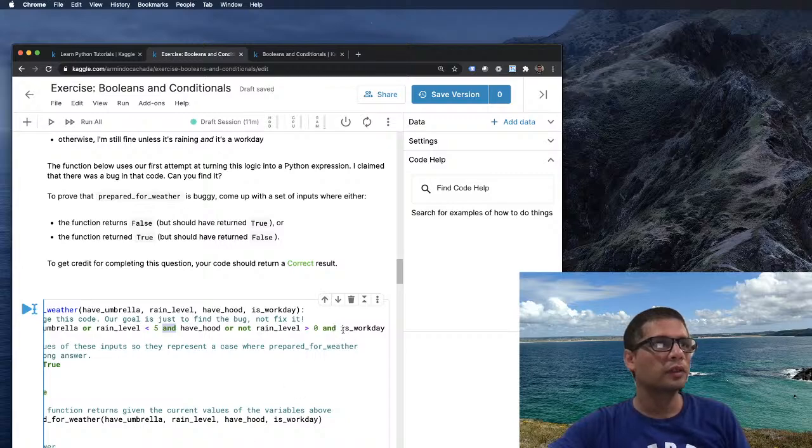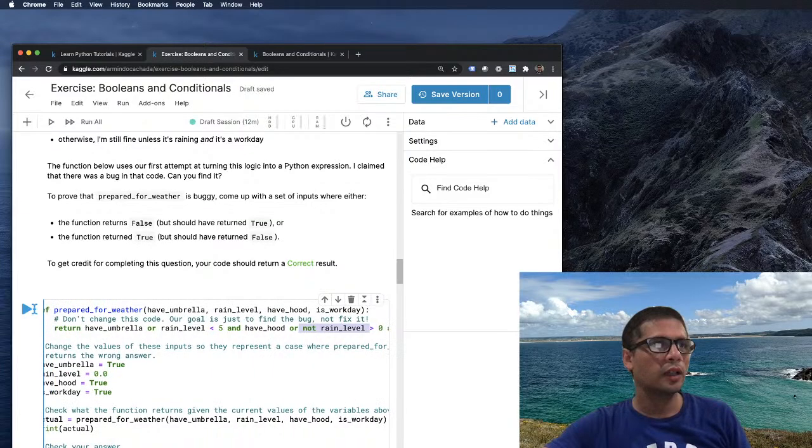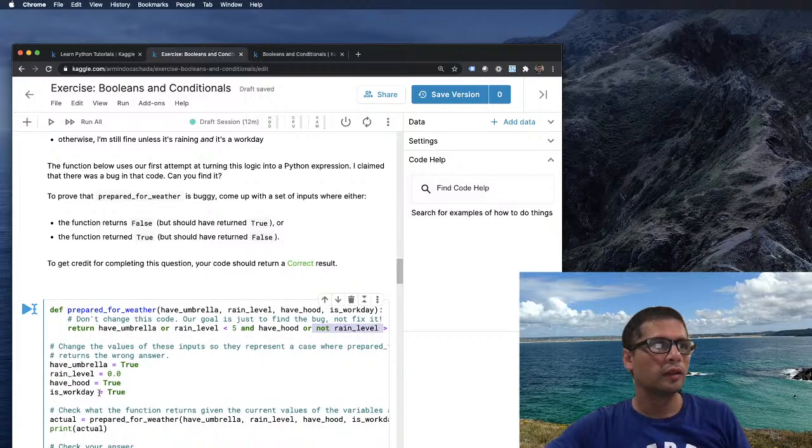So if I set is workday equal to false, this is going to return false. Wow, it's confusing. I think that this takes precedence of the and because there's a not. So this is false. And then, so if is workday is false,